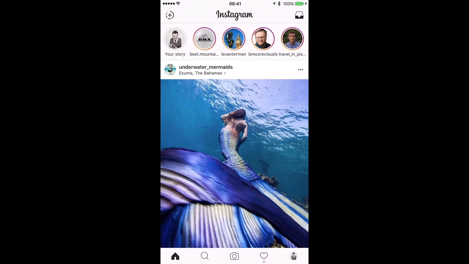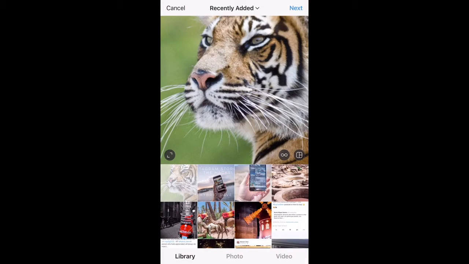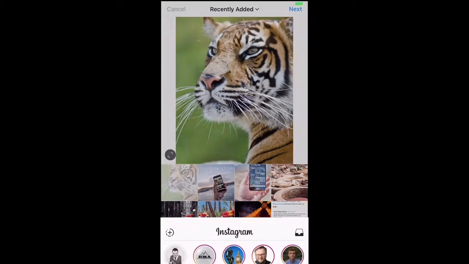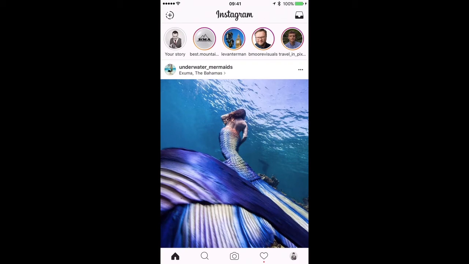And I've got one more hack. So sometimes when you go to post a photo, I find, because my phone goes crazy, I find that sometimes the app crashes. So I'm going to tell you how to reset your phone in 2 different ways to stop this from happening. The first way